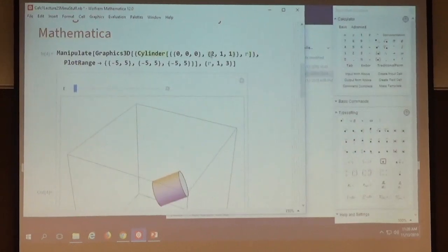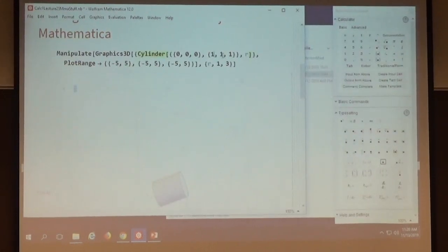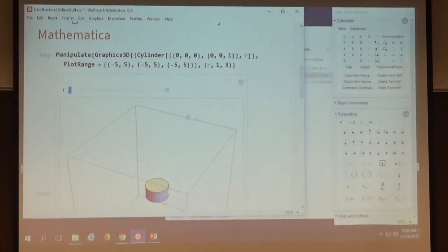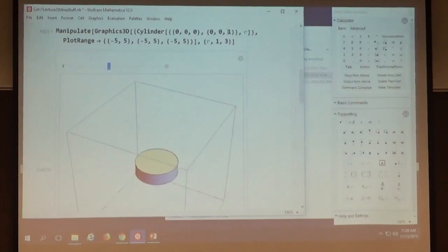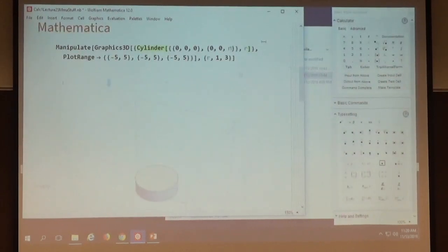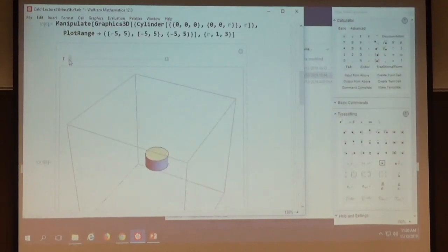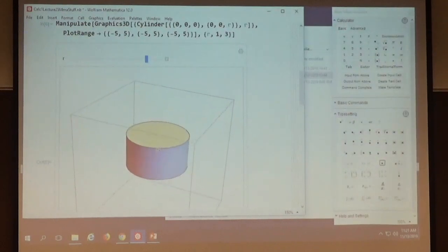I could make the height bigger as well by, for example, let's change the orientation of this thing. Let's make it go through 0, 0, 1, so it's sort of standing up vertical like that. I could make the height change as well if I change this 1 to another. That'll make a cylinder whose radius increases and whose height increases as well, and in fact whose height equals the radius. Okay, so there's an interactive cylinder where I've changed both of those things,